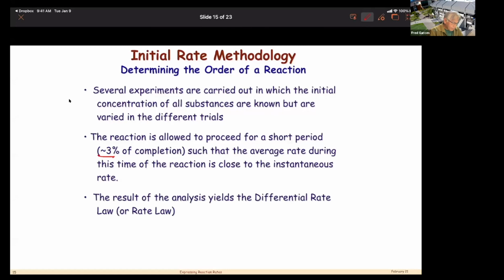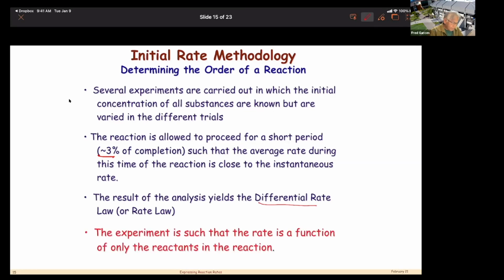Okay, the result of the analysis yields the differential rate law, or the rate law, which is what we want. The experiment is such that the rate is a function of only the reactant in the reaction. In other words, the speed of the reaction is established by only the reactant that disappears, but you can relate it to the product that appears through the exercise that we just did. Okay,